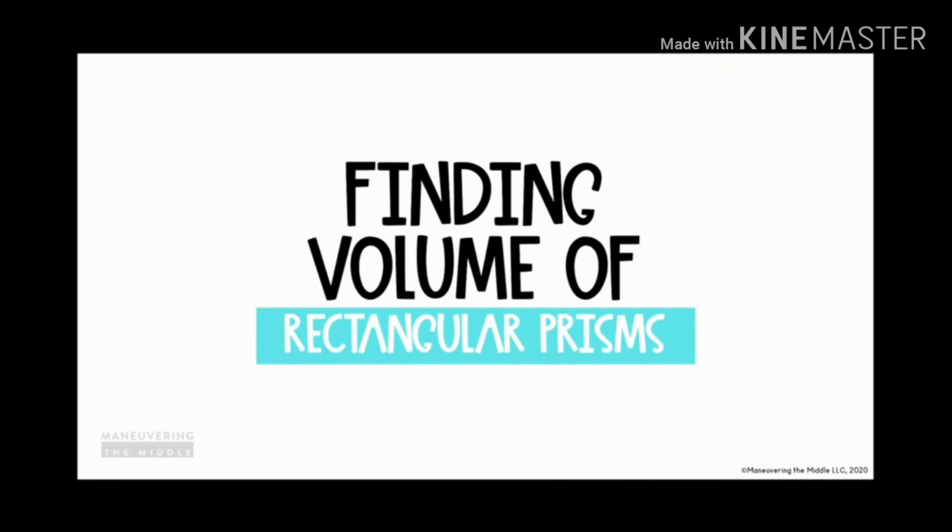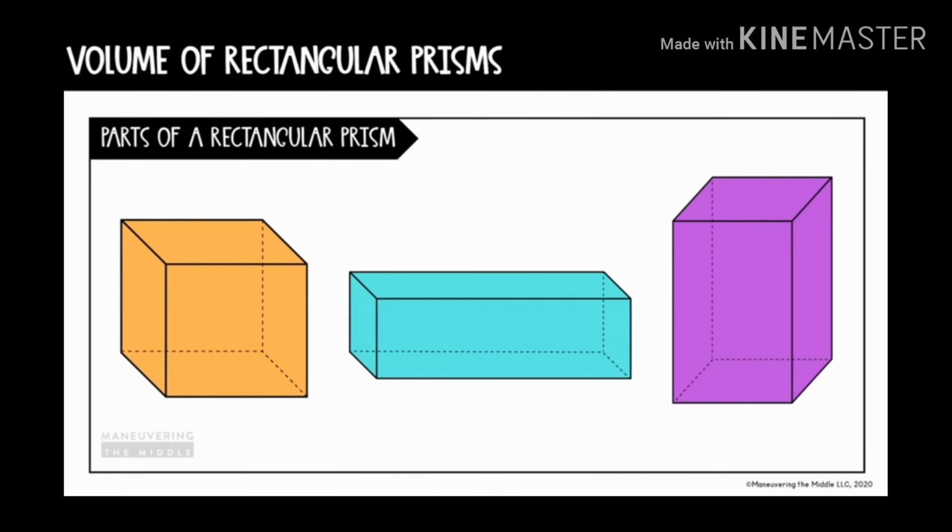Work on finding the volume of rectangular prisms. Before we get started, let's look at all the different parts of a rectangular prism. All prisms have two bases that are parallel and congruent to each other. In a rectangular prism, since all of the faces are rectangles, you can actually choose any two parallel faces to